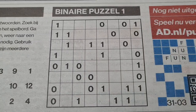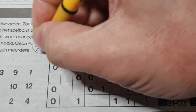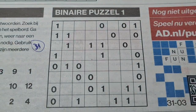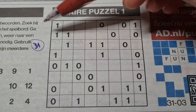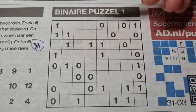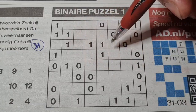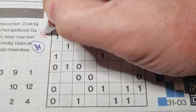Why? Well, it has 31 printed digits. What? This is a record. Yeah, that's a record. 31 printed digits. Publisher, you need to be ashamed. It's a shame. 31 printed digits. Well, should be an easy one. I can solve this without my eyes. Yeah. But this one will be number